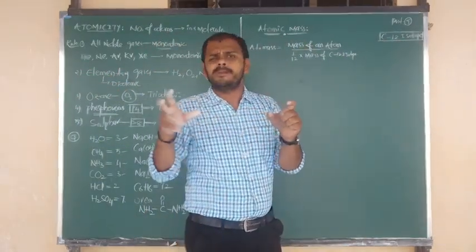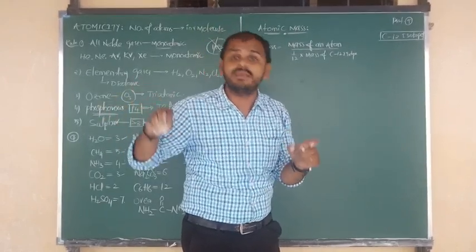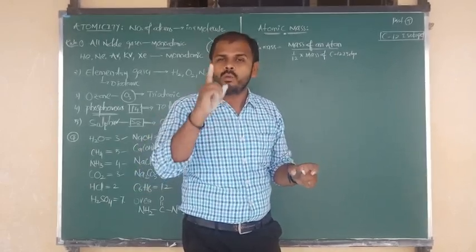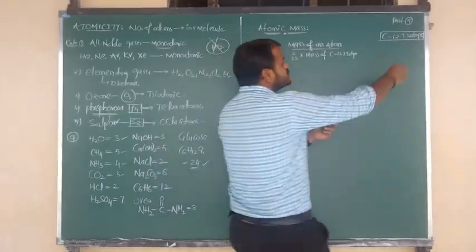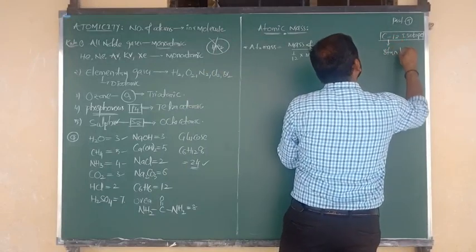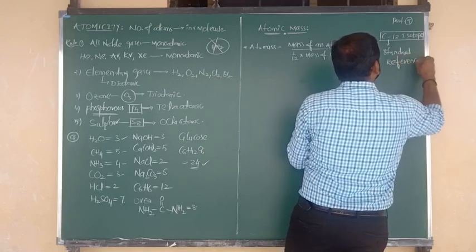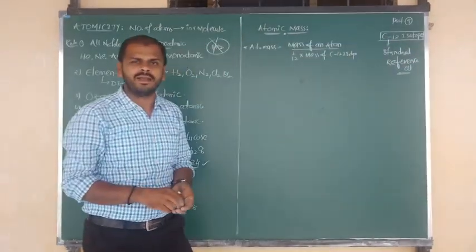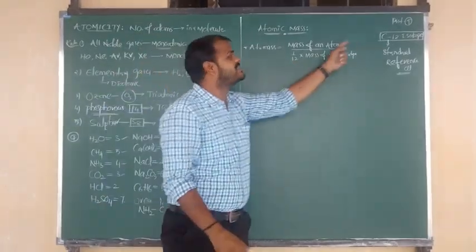So in this world, all the compounds and the elements, their atomic masses and molecular masses are decided and determined on the basis of one reference element. The reference element is the C12 isotope. So the C12 isotope is a standard reference element, meaning atomic masses are determined on the basis of the reference. The reference and standard element is the C12 isotope.